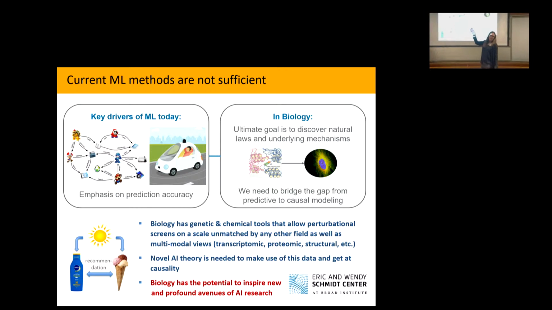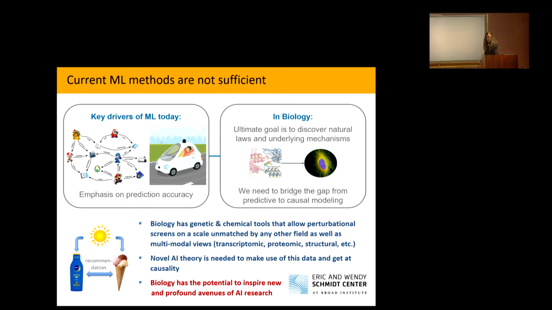And that's what we have in the biological space. We have the possibility to actually perform interventions. But the space of possible interventions is huge, so we still have quite little interventional data in order to learn all these causal relationships. What I do want to talk about a lot in this talk is that what we do have is a lot of multimodality. We have a lot of different views on the same system. We can perform interventions, and we will be performing interventions in order to get at causality. But I want to talk about how multimodality can also help you get at causality, even though it might not be interventional. Okay, and I'll give some intuition for why multimodality might actually help.